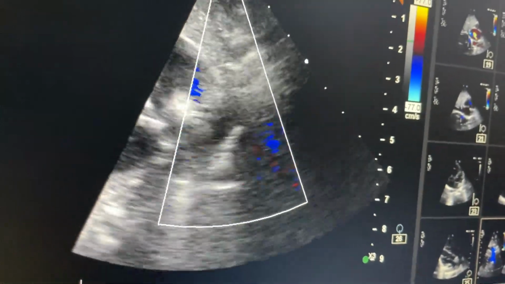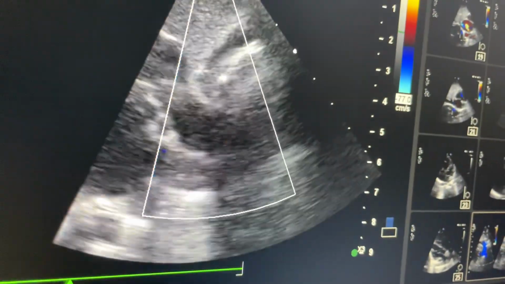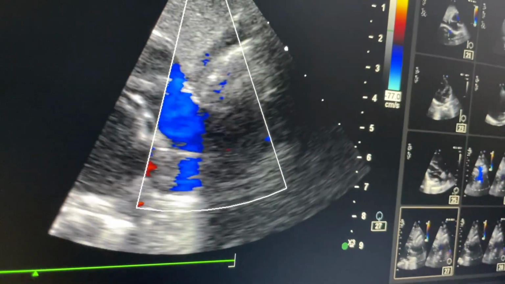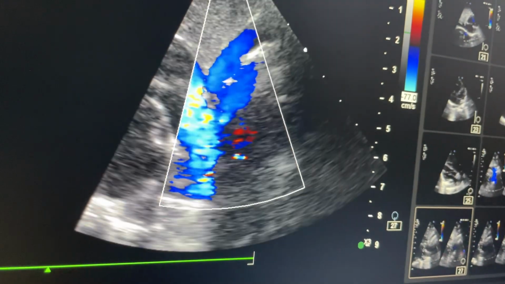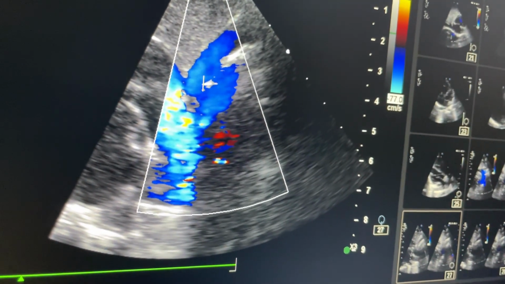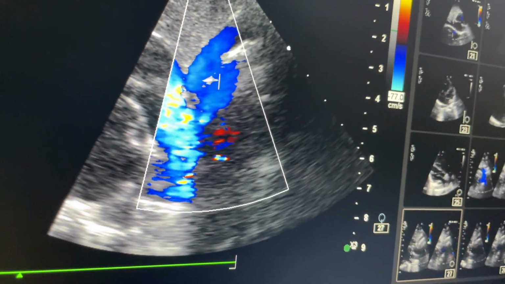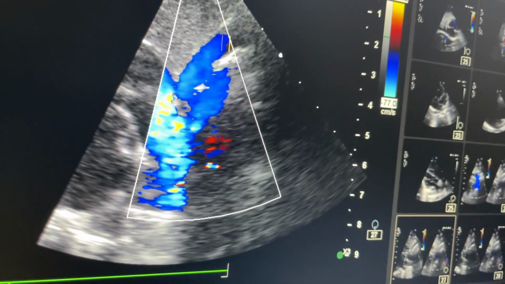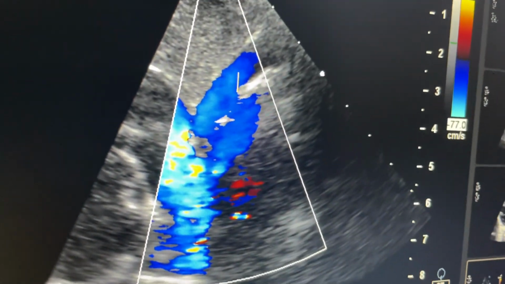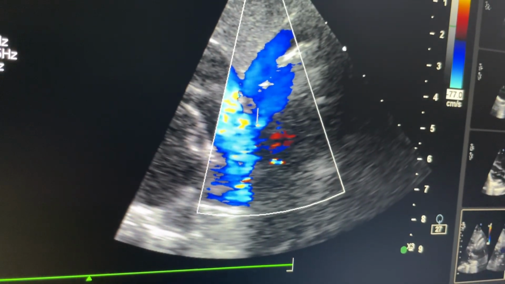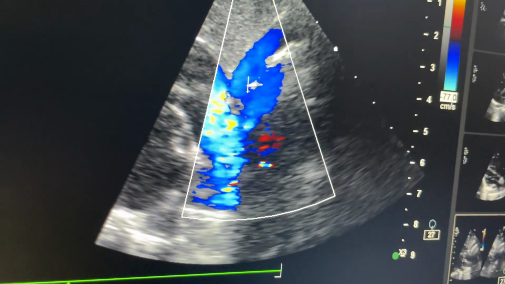You can see now this blue flow. This is the flow within the left-sided vena cava. This may be artifact, but this is the flow within the lumen. You can easily see. So this is left-sided vena cava draining directly into coronary sinus, ultimately going into right